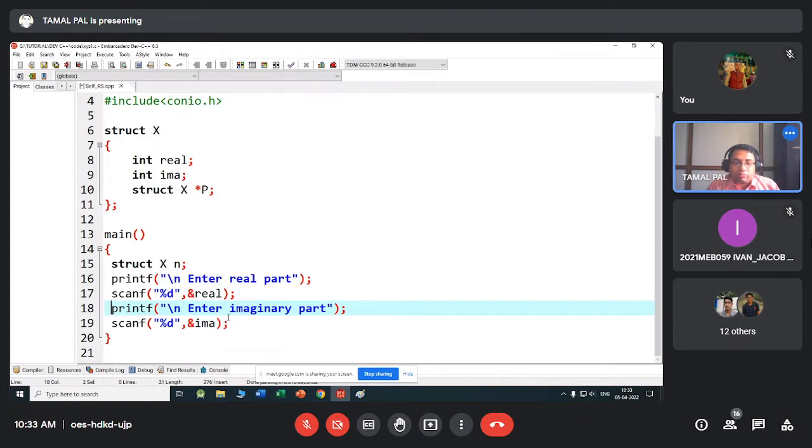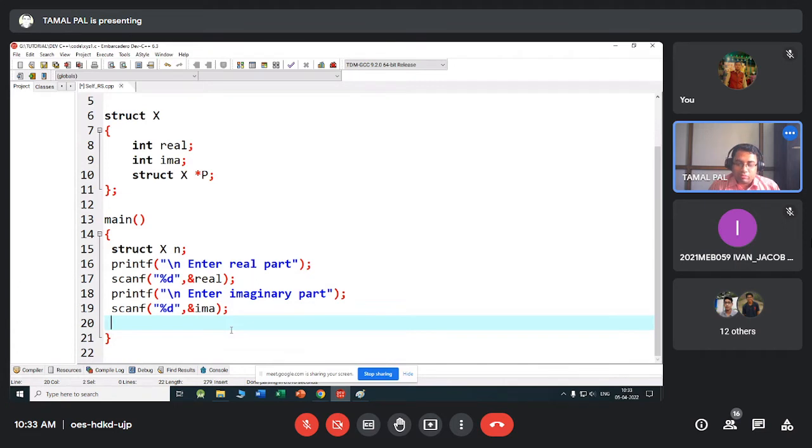Now, how to insert that element? Hmm. Can anybody tell me how to insert that element? Okay, I should not use real. I should use something else. Otherwise, it's confusing. Let us make it